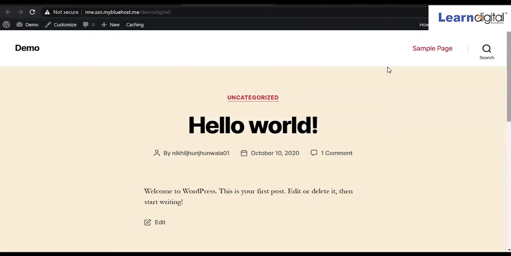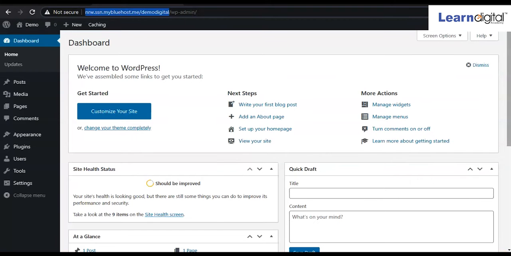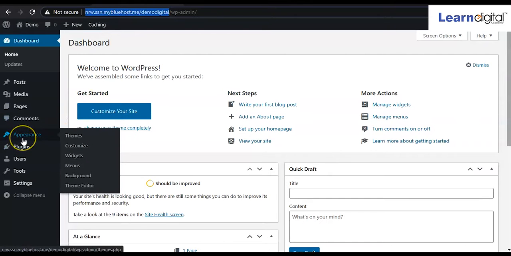So in this video today, we are going to know about the themes, the different kinds of themes, and how you can activate one in your website, and accordingly how you can update it, right? So for changing the theme, just come to your dashboard, and here is the appearance option, right? Here in the appearance option you can see the theme, customize, widgets, menus, background, theme editor. So all these are the options. From here you can select the theme according to your choice, according to your requirement.